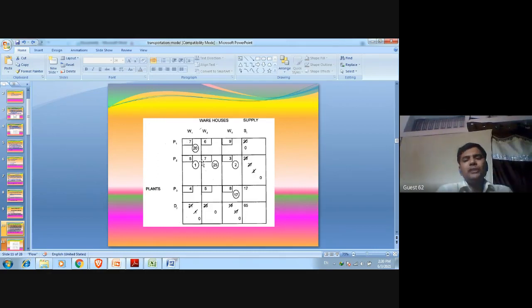You can also change it. It means you can write this circle in this corner or this corner or this corner. You can write anywhere. But this transported unit should be different from your per unit cost. You can write any type, but it should be different from the per unit cost.